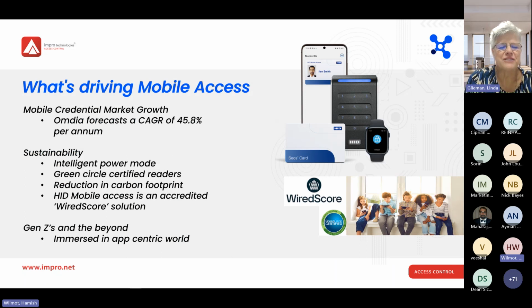And thank you, Hamish, for giving HRD the opportunity to talk about mobile access. So let's start off with a little bit of background. What's actually driving the growth of mobile access? When we look at Omdia's 5-year forecast, it predicts a compound annual growth rate of 45.8% per annum. The verticals where we are seeing significant growth in the use of mobile access is in higher education, the financial sector,